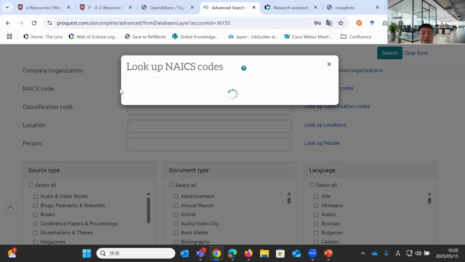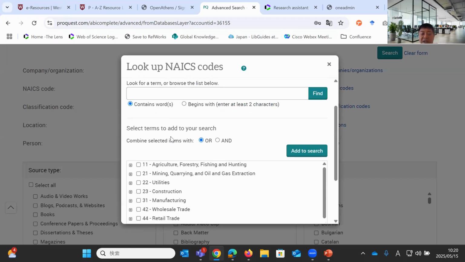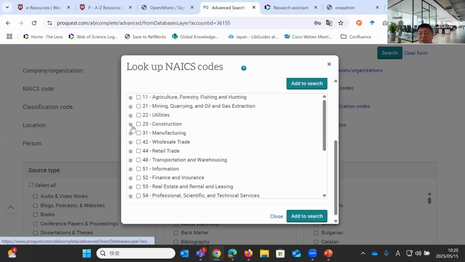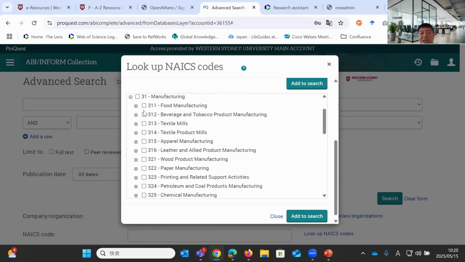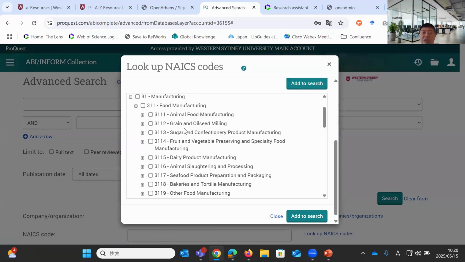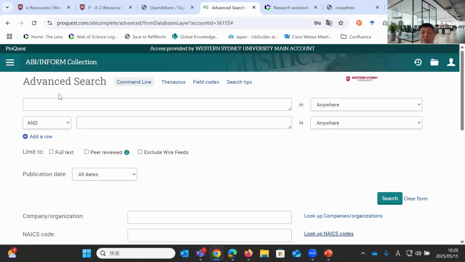It's a highly granular industry classification that professionals use. I used to work for Reuters, serving investment bankers and people like that, and this was one of the industry classifications they were using. As you can see, like food manufacturing, you can go further, to a more granular level. So this kind of filter is available if you are inside an individual database.